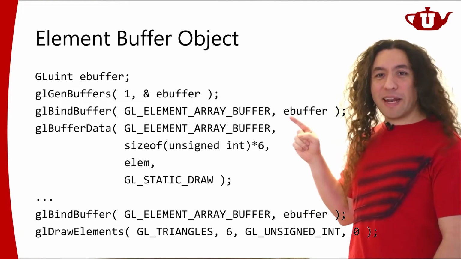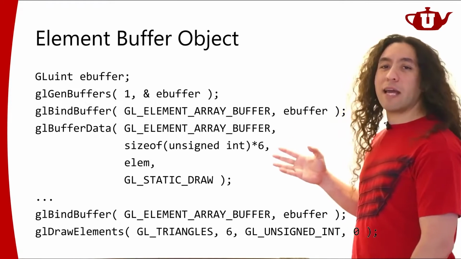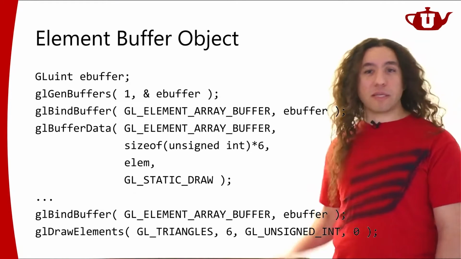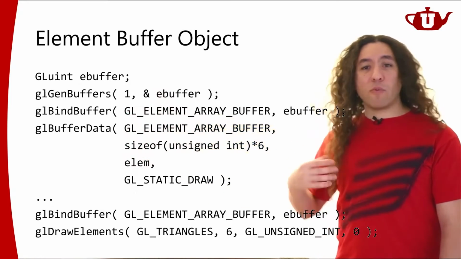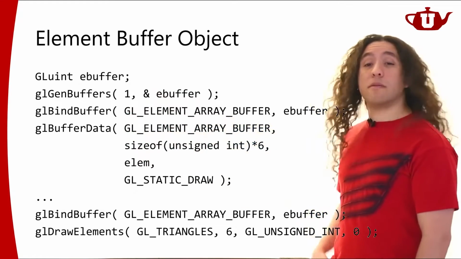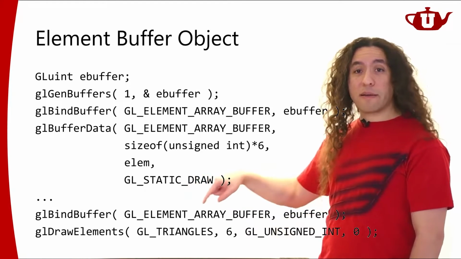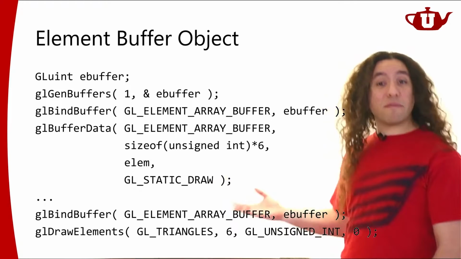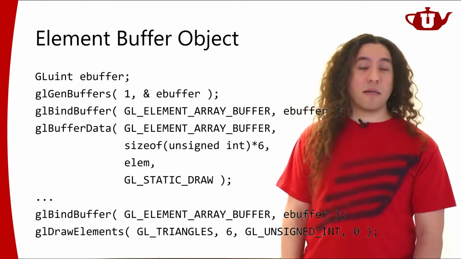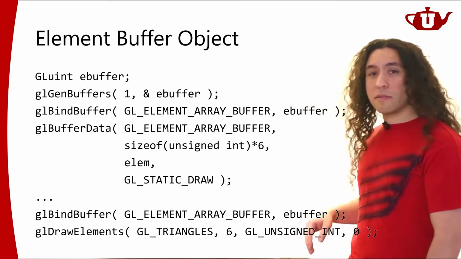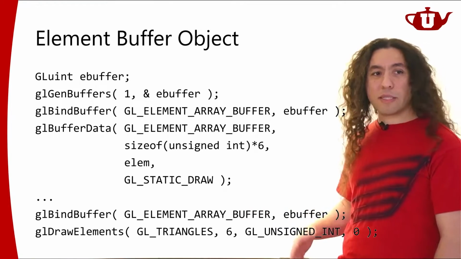So I created this, and I bind this, and I'm setting its data just like setting the data for a vertex buffer object. There isn't really anything different here, right? So this is the initialization part, all this stuff. And when I'm ready to render, I'm going to, of course, bind the buffer. Of course, I could do this binding as a part of the initialization, and I store it in my vertex array object, and that will remember all the details and how everything is connected. And then I just need to call GL draw elements, and I'm done.